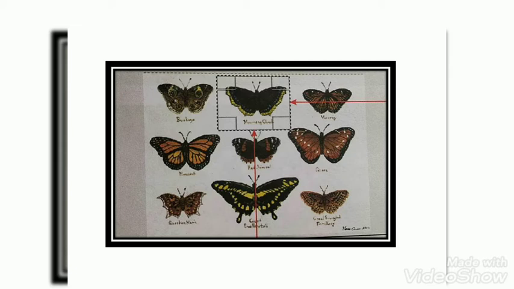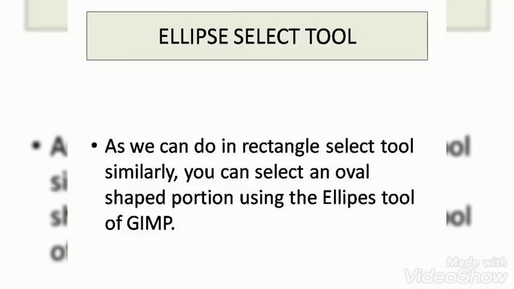Here you can see I have shown the image, a butterfly is there, and you can see a light border. Look at how the cursor is moving from the edges till the end. So like this we can select the butterfly, and the background will be deleted. And here you can see at number three it is given, free select tool.